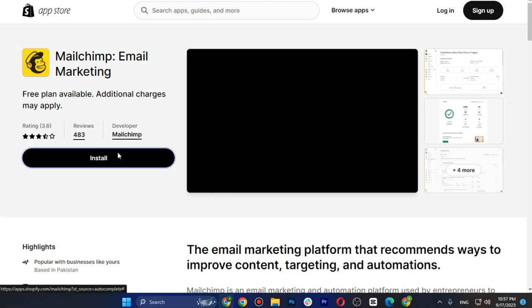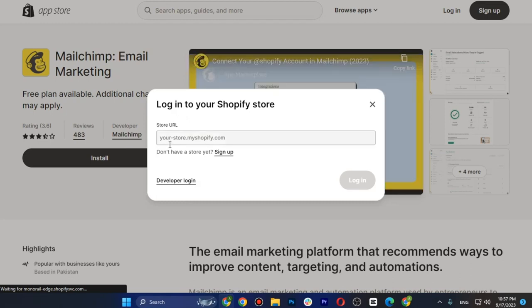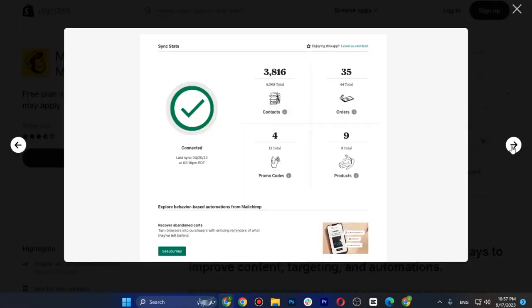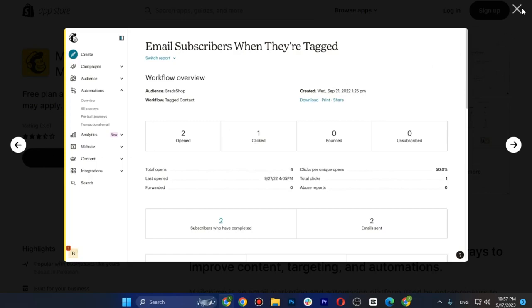After that, simply tap on install, and you just have to log in with your Shopify. So once you log in with your Shopify, again you have to install Mailchimp in your Shopify store directly. So after that, you have to put your email and password of your Mailchimp account in Shopify, and you are good to